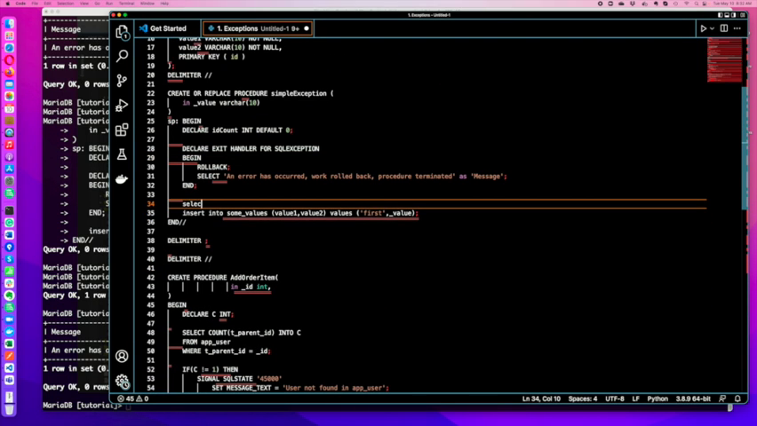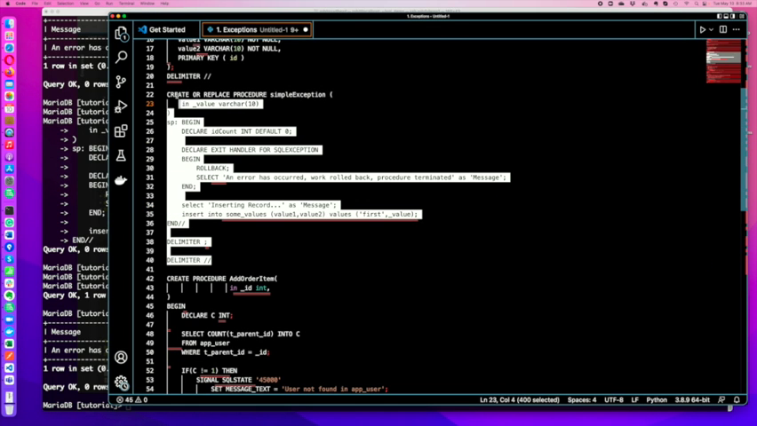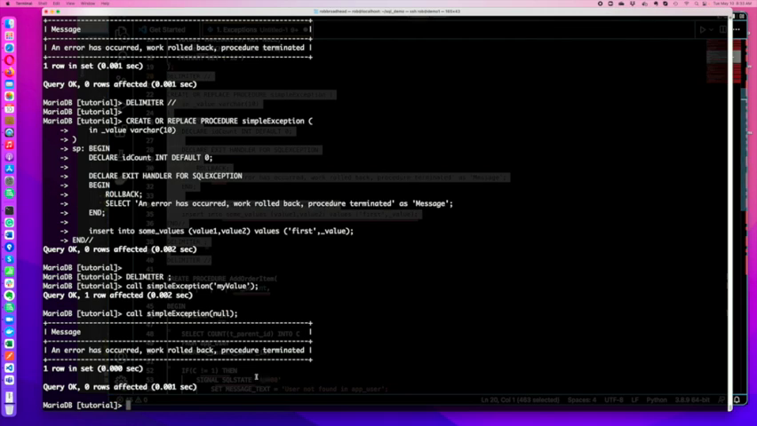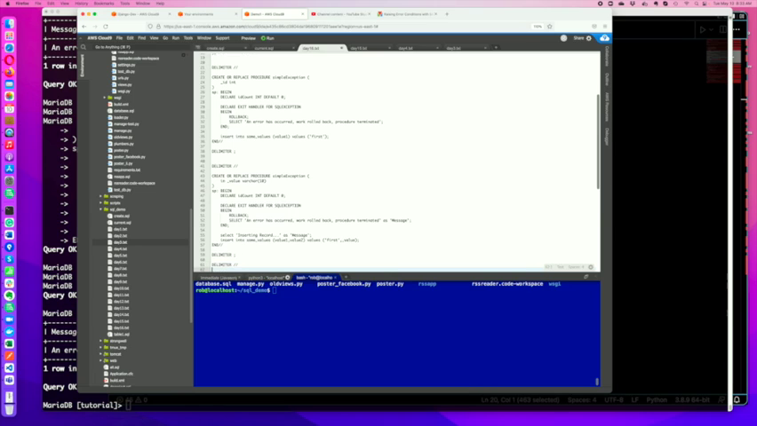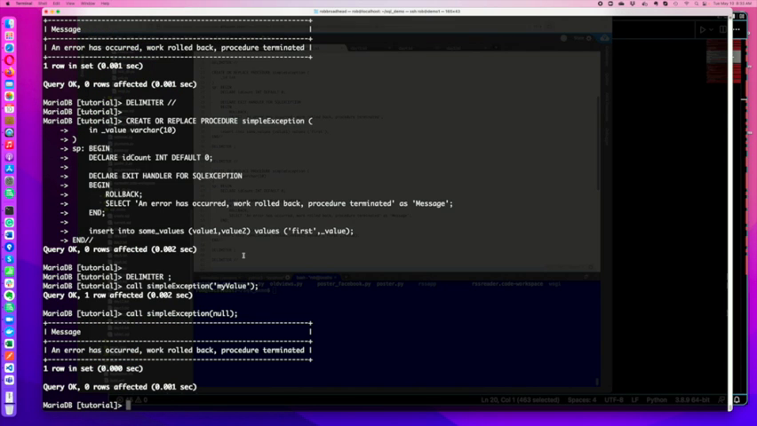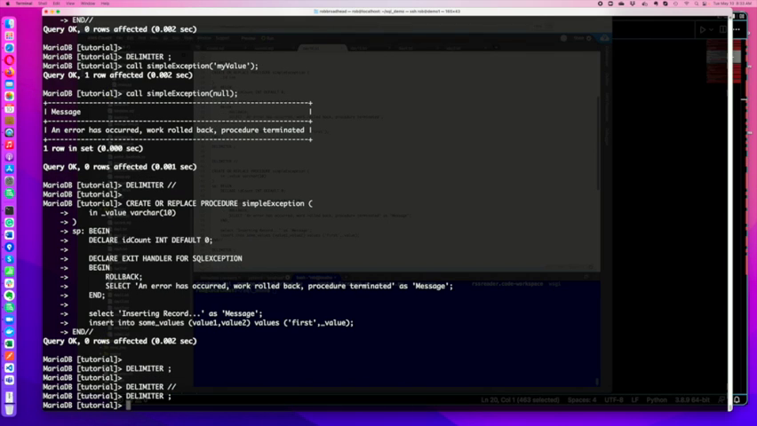Let's try this. Select as message, inserting record. 1, 2, 3. Okay, so let's do that. Oh, darn it. I don't want to save that there. I do want to do that. Let's go in here and let's do a later version of that. Okay, so now, oh, I didn't want to do that. Okay,